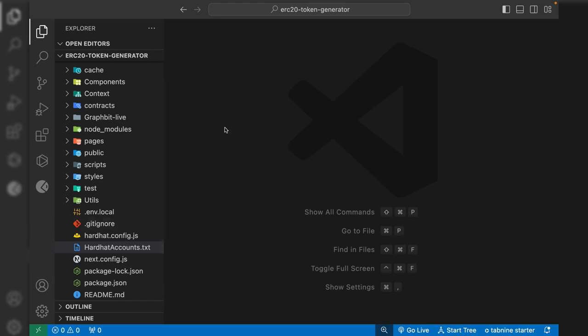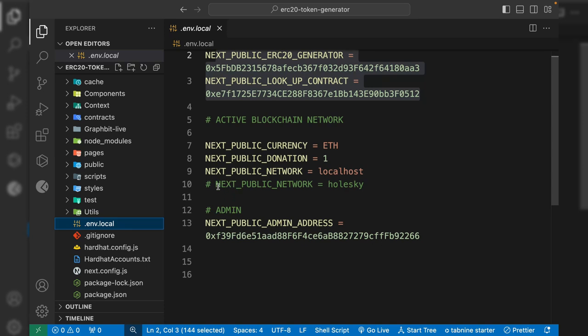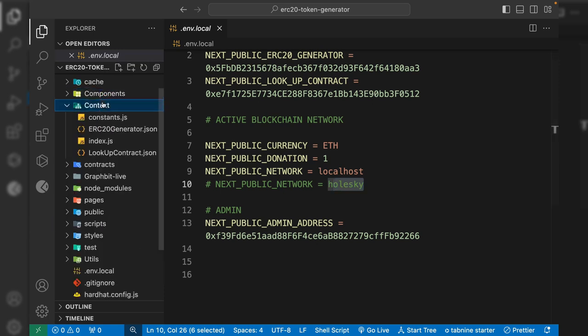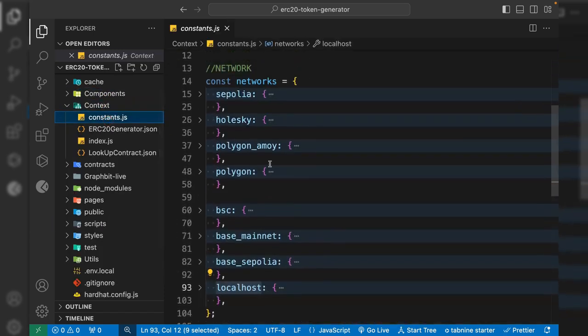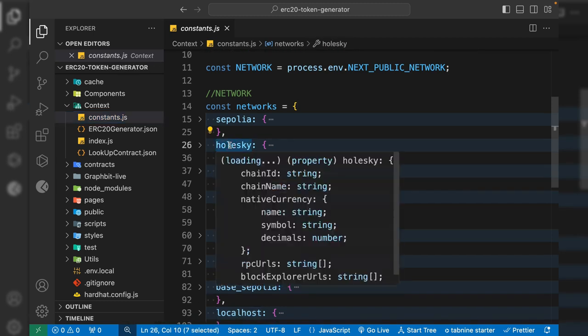And now we first have to make changes in our environment variable. So we have to activate this one. First I have to give the name of the network where I have to deploy my contract. So I'm going to deploy to this particular network, and that's what I have here. You can see we already did the network configuration right up here. So I'm deploying my contract to this, but you can literally pick any network, but make sure